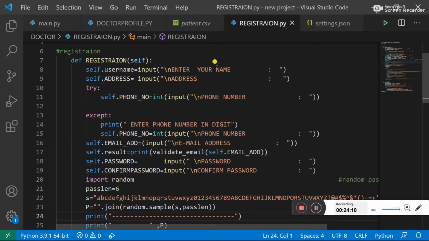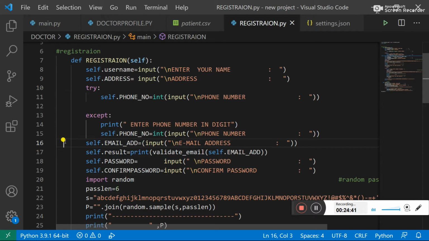Whenever an exception can be generated in some part, we put that part in the try block, and in the except block we enter some code, like here I am using enter phone number in digits. That kind of line we enter in the exception block. And then email address result, validate email.